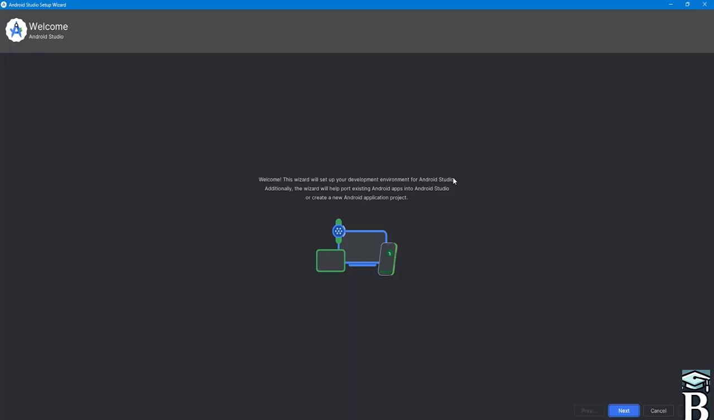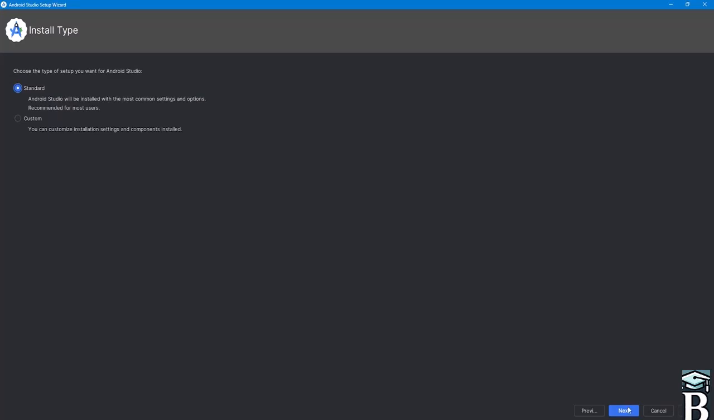Okay. So this wizard will basically set up your development environment for Android Studio. Additionally, the wizard will help port existing Android apps into Android Studio or create a new Android application. So from here, I'll click on next and here you guys can see choose the type of setup you want